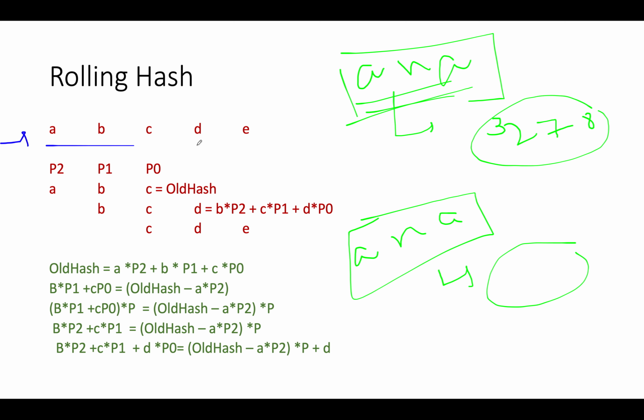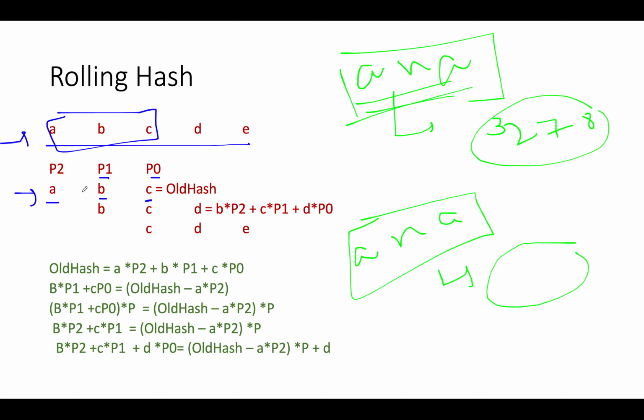Let's take a very simple example. We have A, B, C, D, E, and let's assume we are sliding over a window of length 3. In the first case, what would be the hash value? We'll be using the same algorithm that we use while converting a decimal into a binary or binary into a decimal. We apply the lowest index with the prime number value raised to power 0. Then we apply the second index with the prime number raised to power 1, and the third one with the prime number raised to power 2. And it can increase as the length of the sliding window increases.